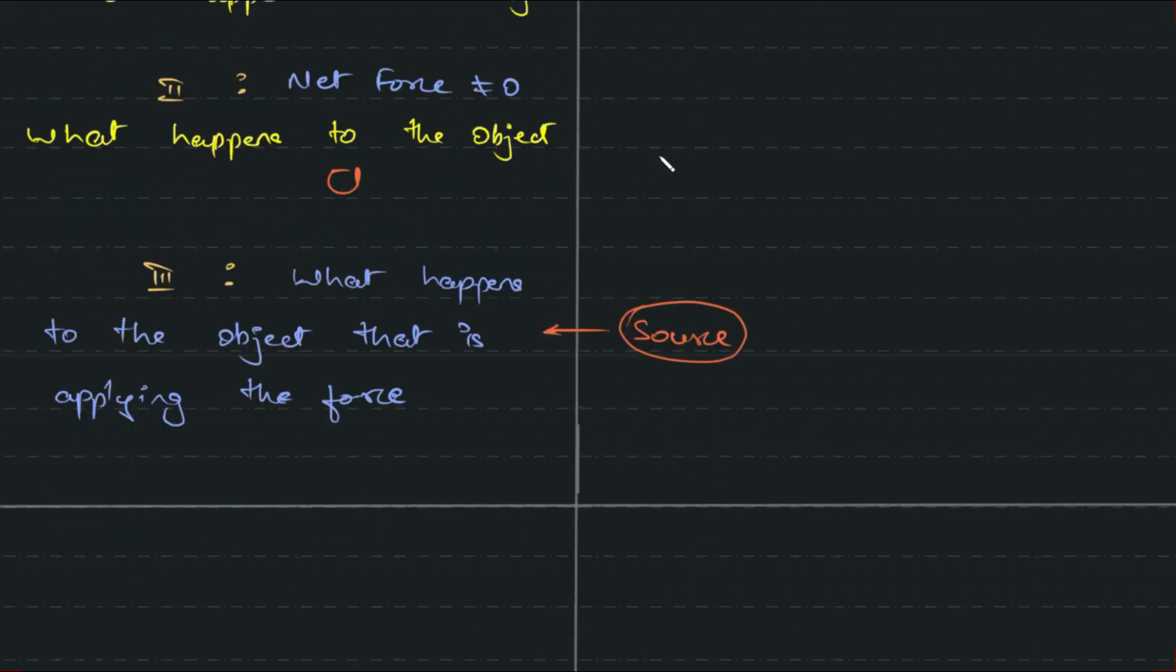So mathematically, now we're looking at the math. Say first law, it deals about the net force, right? Net force, this is nothing but your sum of all the forces, should be equal to 0. Okay, so this represents net force,